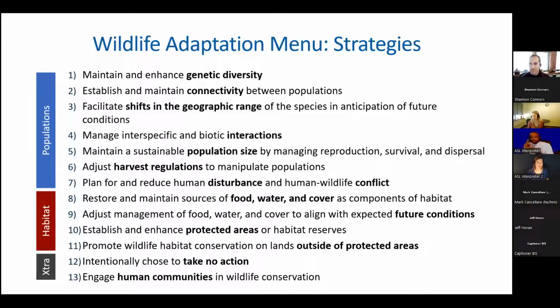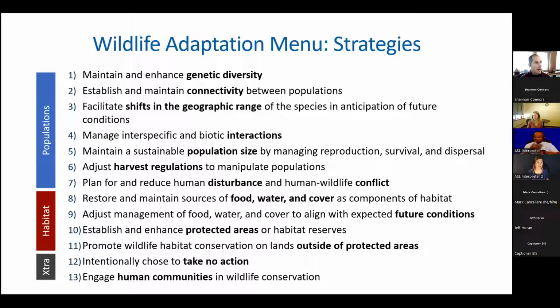Cool. And then second question from the same person is, have you seen the wildlife menu used with tools like the SER restoration recovery wheel to help develop, monitor, and assess focal areas for restoration?